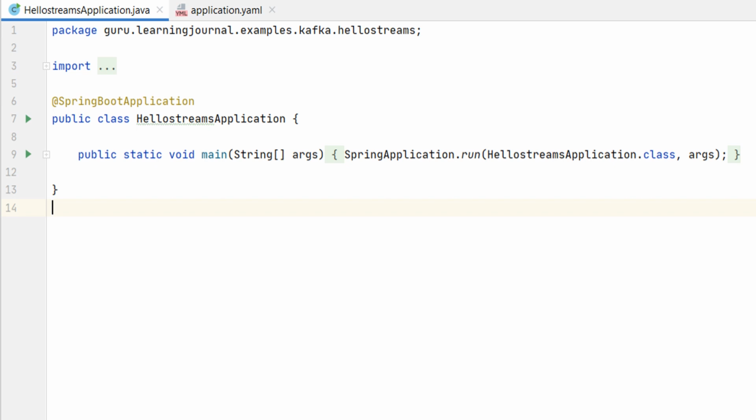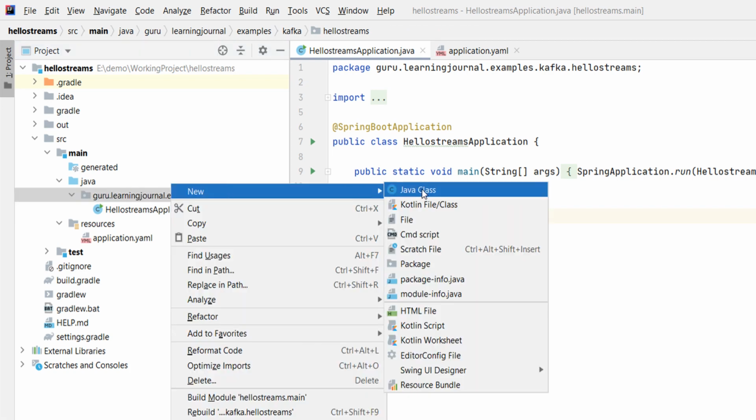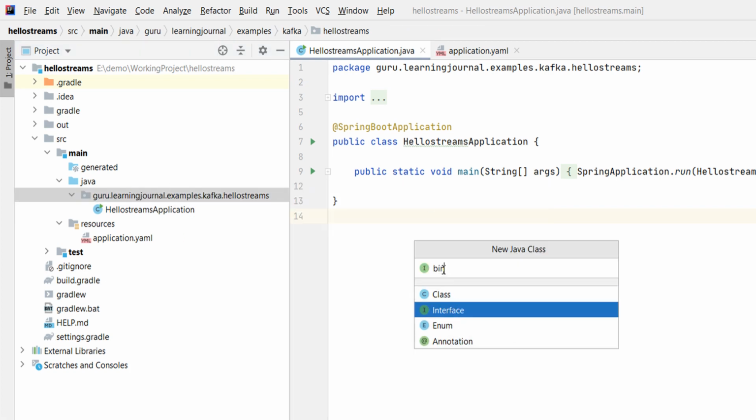You can see this HelloStreams application class, and you already know about it. This class is the main entry point for our Spring Boot application. But the current application does nothing. We want to create a Kafka listener service that binds to a Kafka input topic and listens to all incoming messages, right? Creating a Kafka Streams listener requires two things. The first one is an interface to define the input-output bindings. Let me name it KafkaListenerBinding, and I keep it in the bindings package.